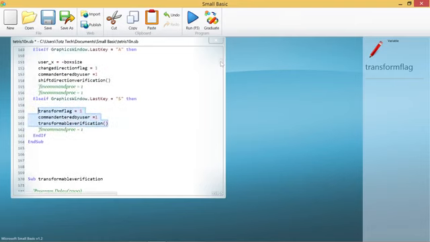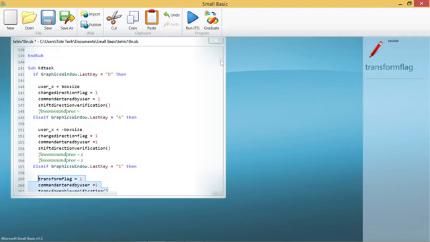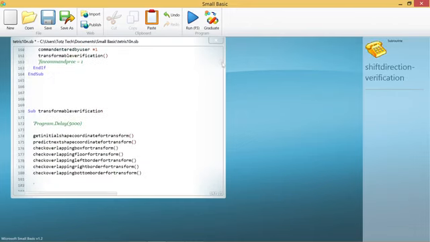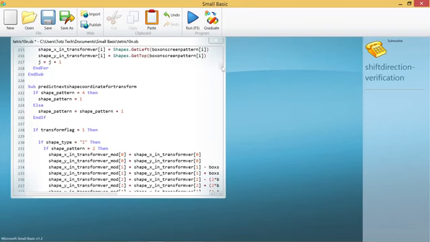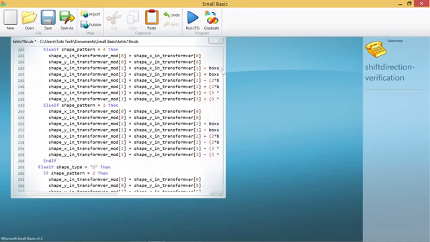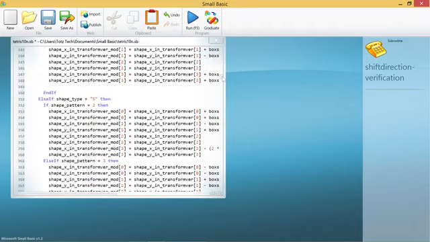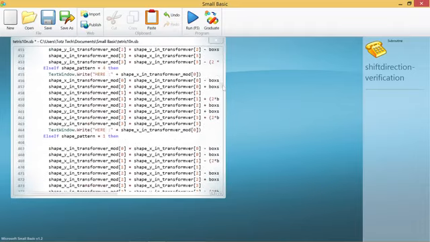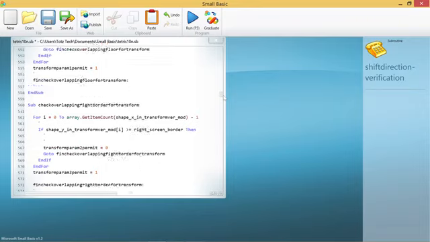So if the user wants to shift direction, if the user presses D or A, the program will first check if the shift is allowed or permitted, because if it does not overlap with others, then the shift will be executed.